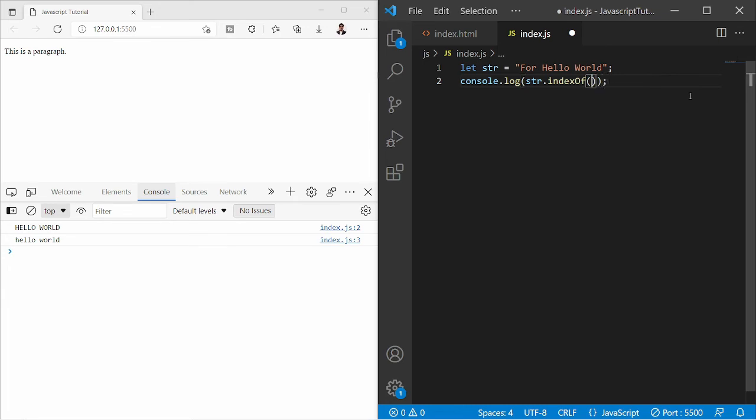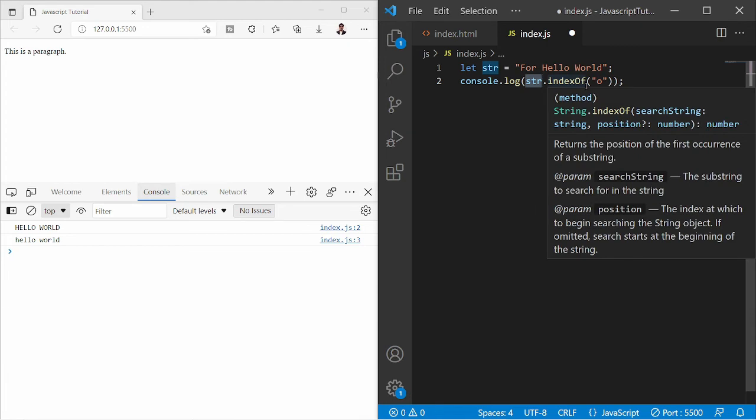Now it will search for a substring in the given string and it will return the index of it. For example, if I write o, then it will search for o in the given string and it will return the first occurrence index. Here we need to note that it only returns the index of the first occurrence.